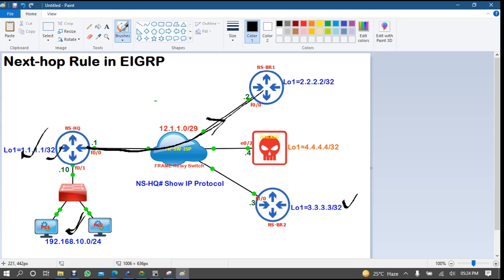So when the neighbor branch 1 wants to reach here, it can come via this and communicate to this, no problem. But when the headquarter is sending this 3.3 network to branch 1, in that also, branch 1 is adding this information.